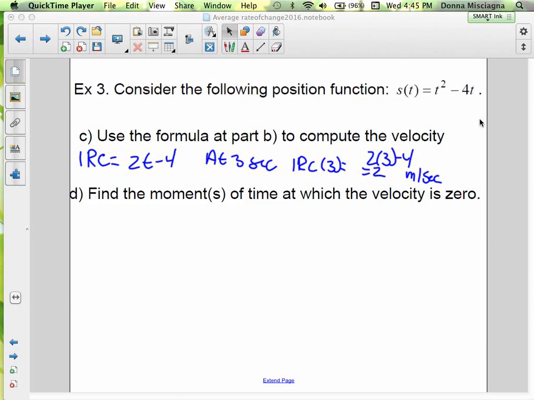Well, I squeezed my work for the second part of the question, the instantaneous velocity at 3 seconds, at the bottom of the page there, and realized afterwards, oh, look at that, I gave myself some extra space. So we had already calculated on the last podcast that it was 2 meters per second, our instantaneous velocity, our instantaneous rate of change. If we want to find the moments of time at which the velocity is 0,